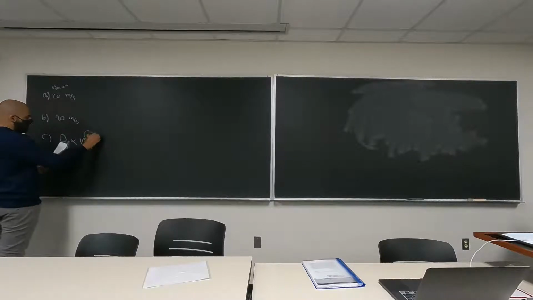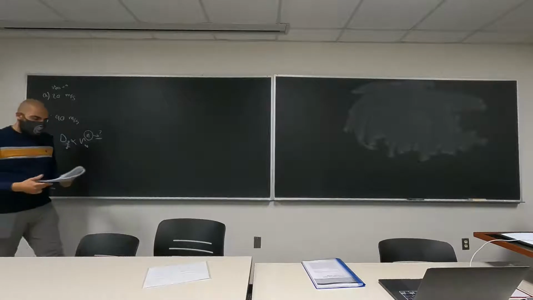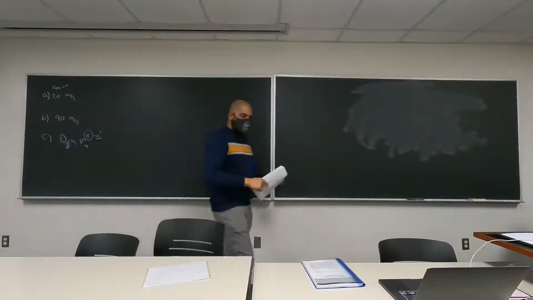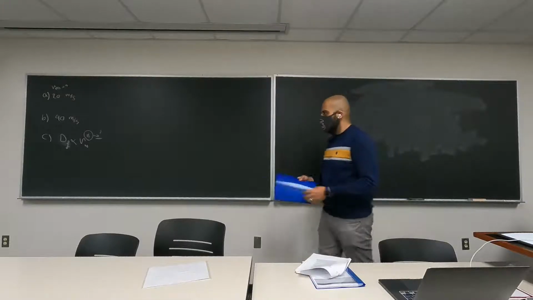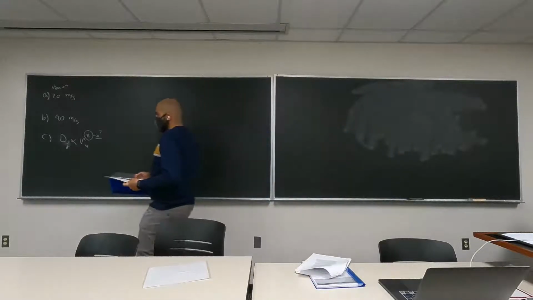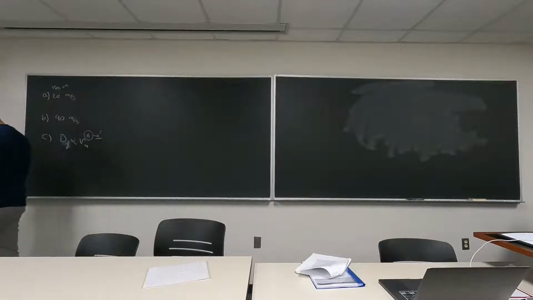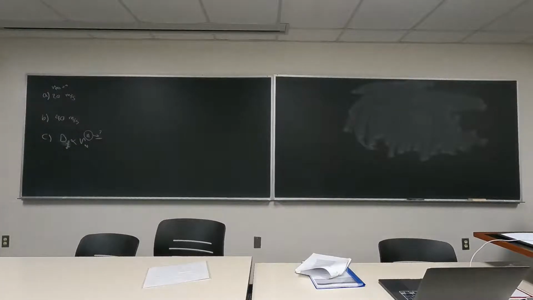You essentially want to find this n. When it comes to this type of problem, the first thing you always want to do is to determine whether the flow is turbulent or laminar, or if it contains both types of flow,